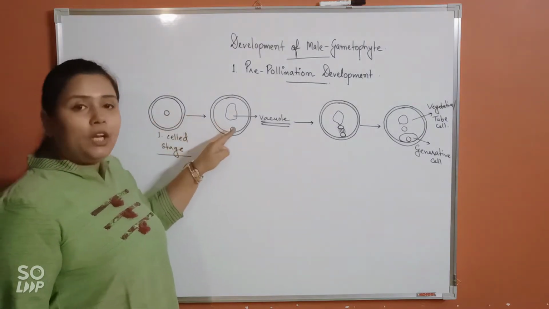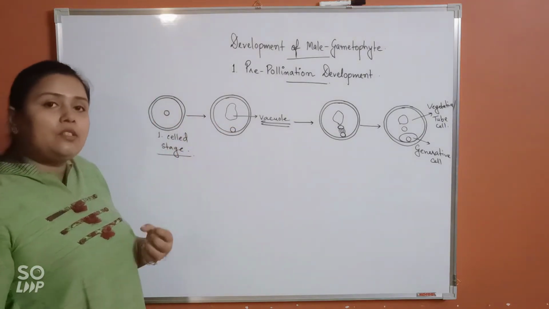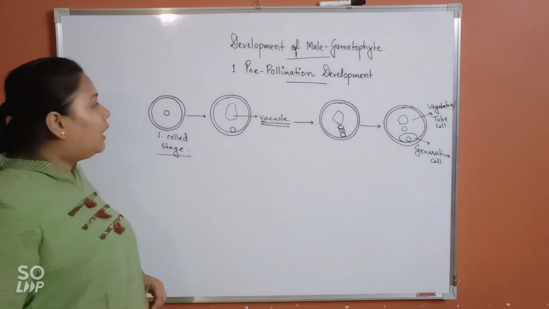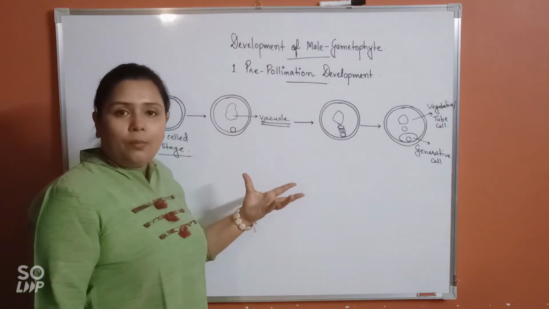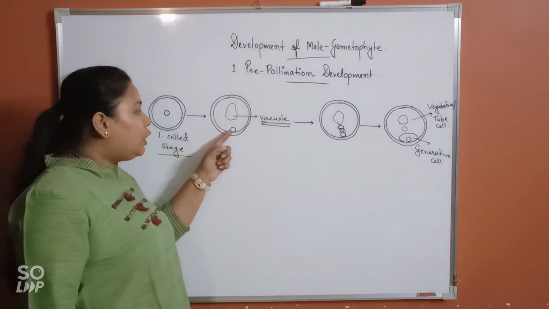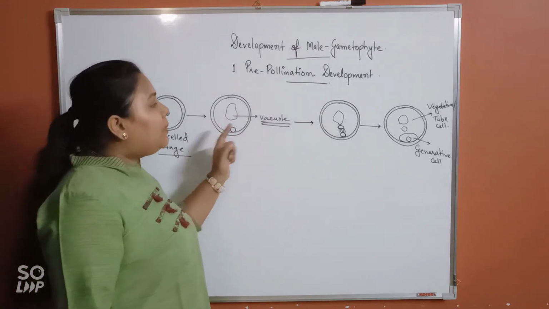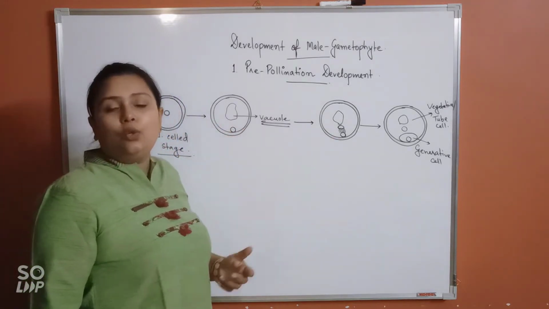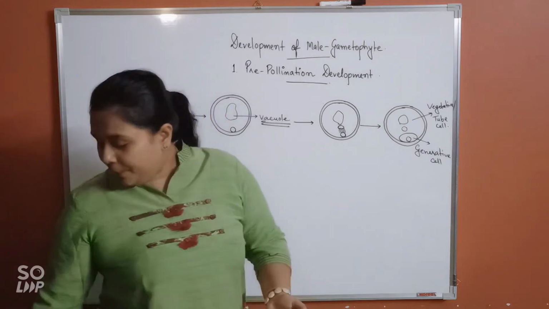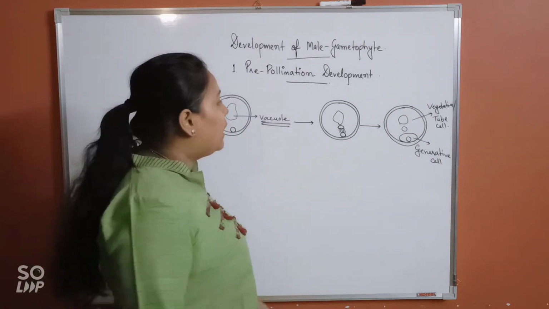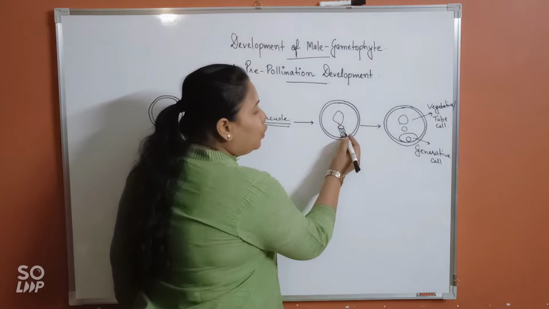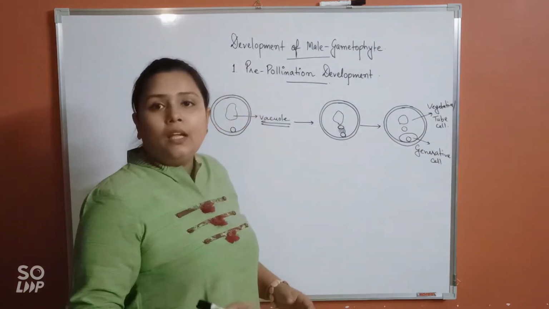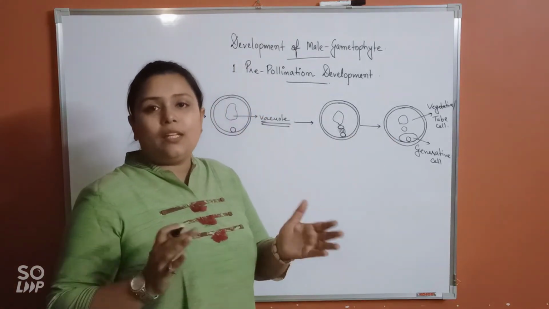Now, as the pollen grain starts getting nourishment, it starts to grow, develop and swell up. Some vacuoles will also start forming in its cytoplasm, pushing the nucleus towards the periphery. Being at the periphery, the nucleus will undergo one round of mitosis, or karyokinesis. And after karyokinesis, the nucleus will get surrounded by cytoplasm, forming two distinct cells.